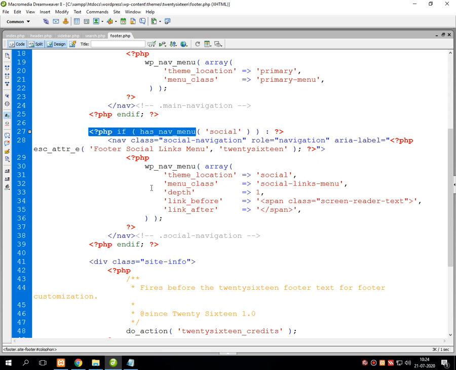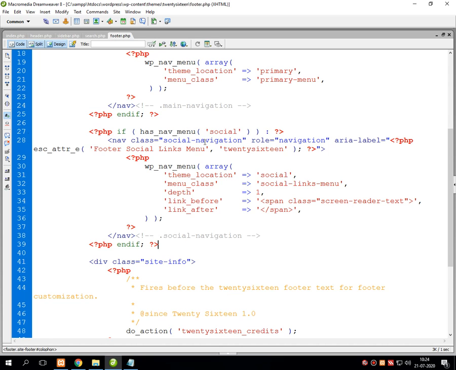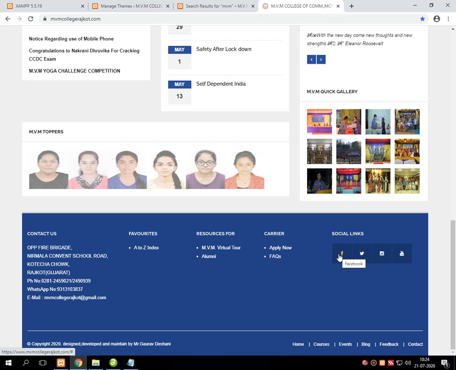That could be done in WordPress by this line of code that is called displaying the social contents. That social contents with the logo and its hyperlink should be displayed. As you can see on our website, right now I have given the link of two social sites, one for Facebook.